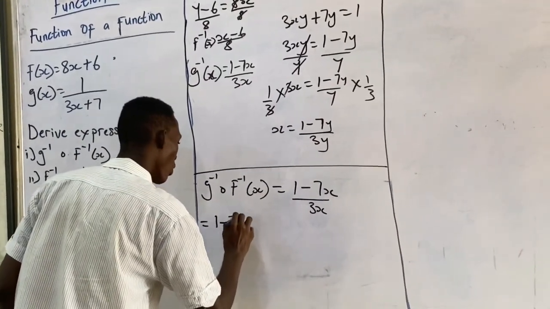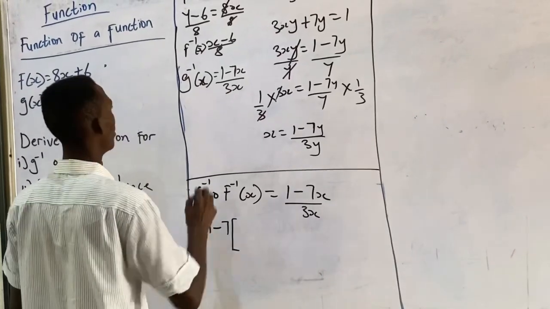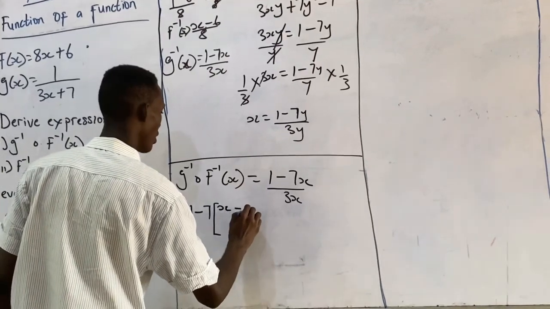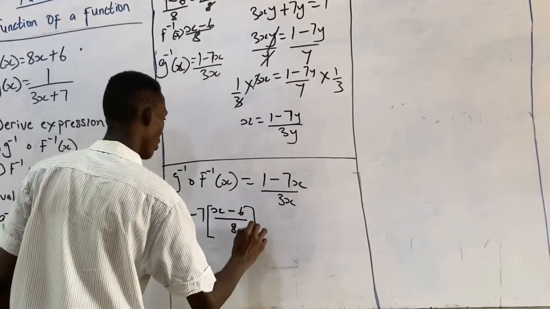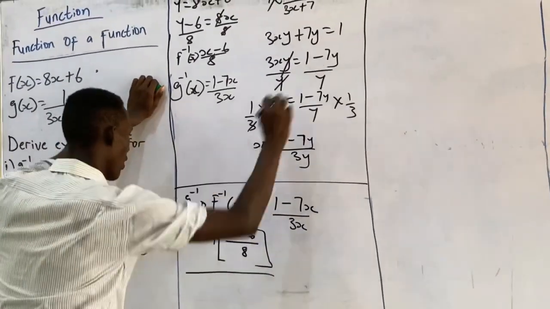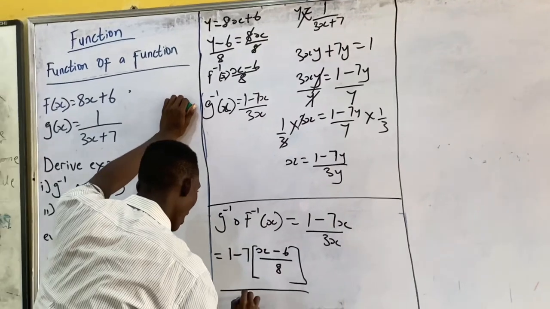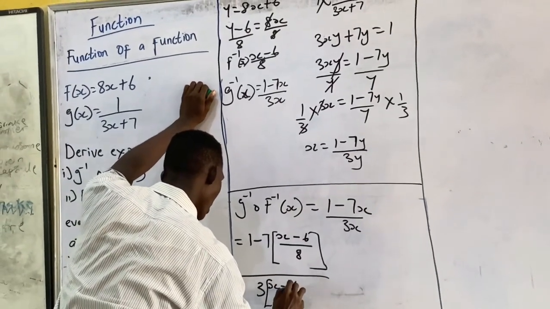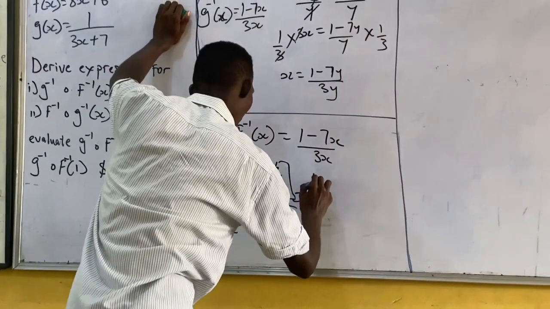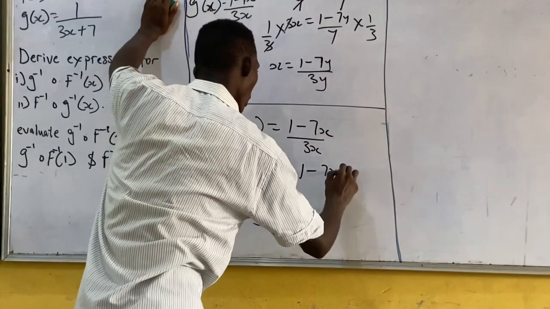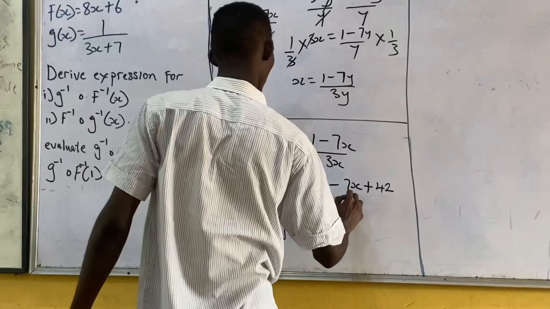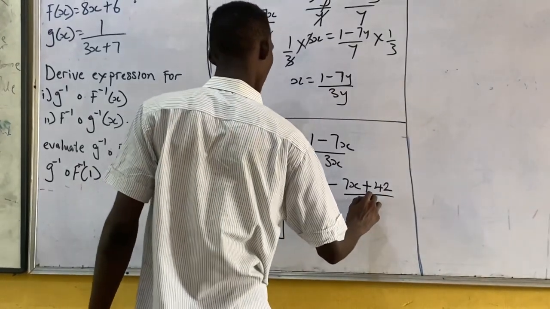So therefore this will be equal to 1 minus 7 open bracket, our f inverse is x minus 6 over 8, over 3 in bracket x minus 6 close bracket over 8. So now this is equal to 1 minus 7x plus 42 over 8,